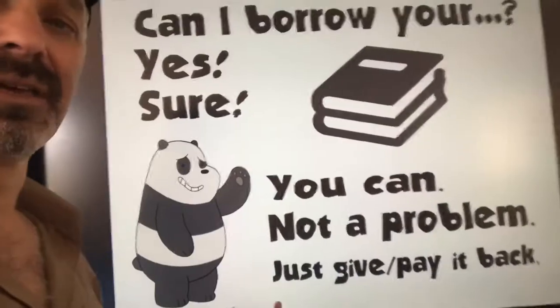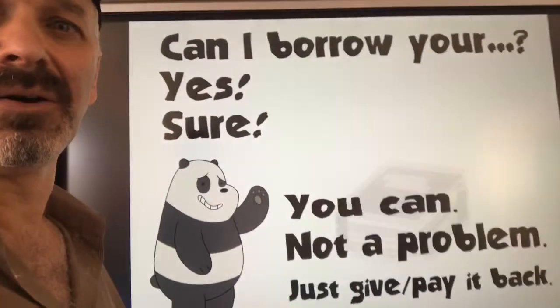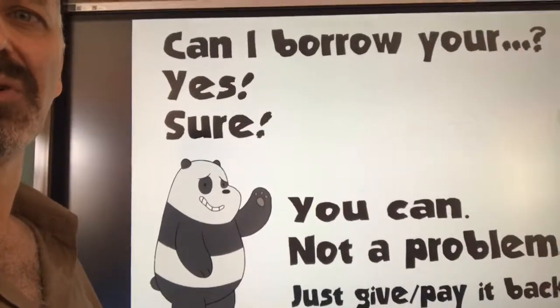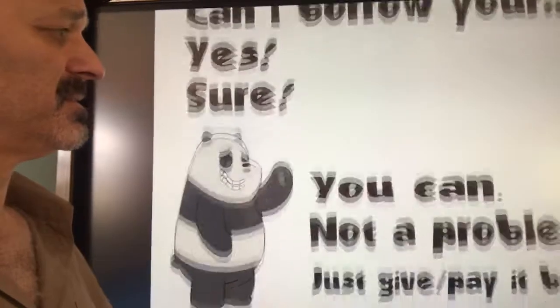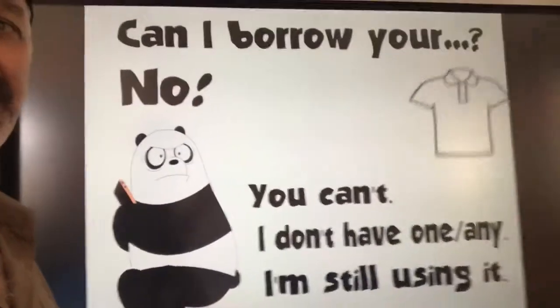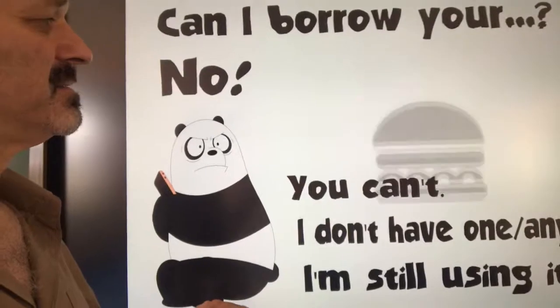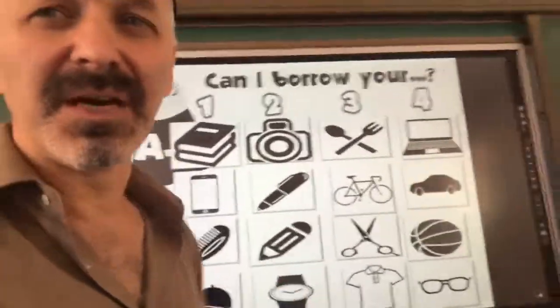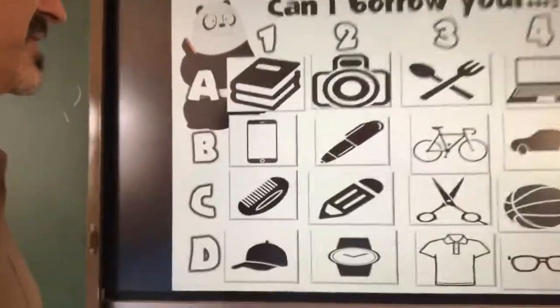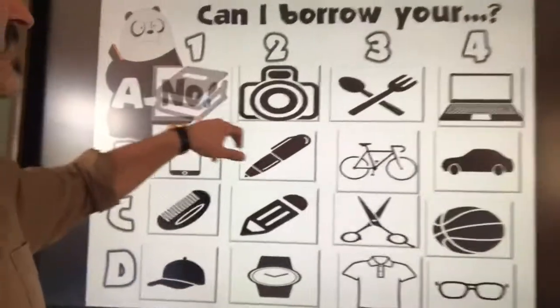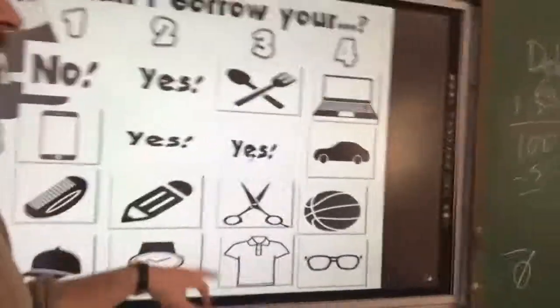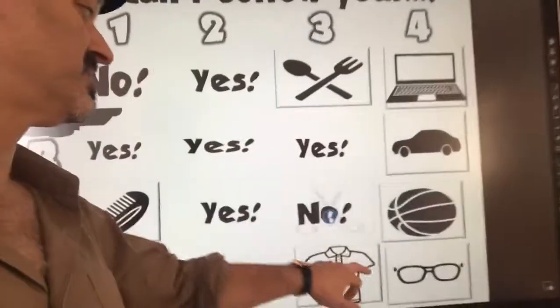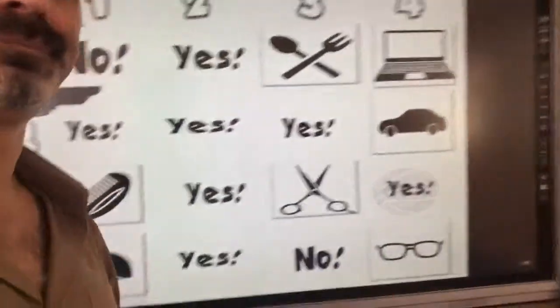And once again, I introduce the question, can I borrow? I give them some ideas for short answers. This is material I haven't used yet in class. Have them answer it in one way or the other. I get to this slide, which should be familiar from my other presentations. We're looking for a yes again. Can I borrow your blah, blah, blah? Yes, yes, yes. Or no. Actually, the no is the penalties here. Okay.